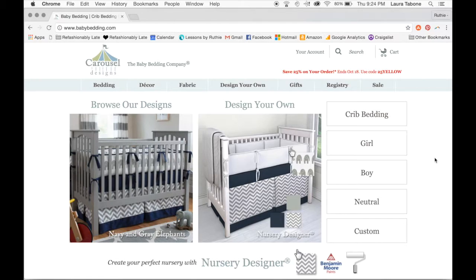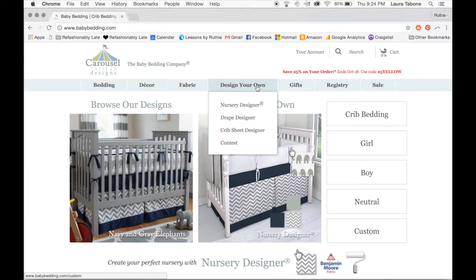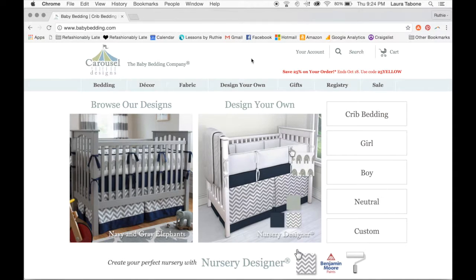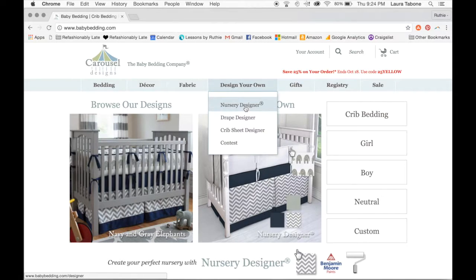Fashionably late, and I'm here today because I want to show you how to use these amazing tools on Carousel Design's website to help design your perfect nursery. I'm going to show you how to use the Nursery Designer as well as the Drape Designer and the Bedding Designer. So we're going to start with the Drape Designer today, and what you do is you just go into